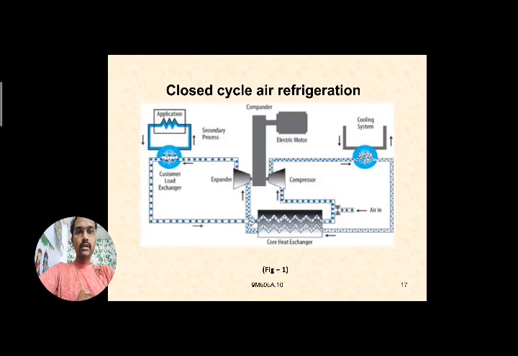Coming to the functions, the compressor's work is to compress whatever fluid enters into the system. Here we are using air as the source. Since it is air refrigeration, air is compressed in the compressor where the pressure and temperature increase, and then it enters into a cooling system to reduce the temperature primarily before entering into the other heat exchanger.